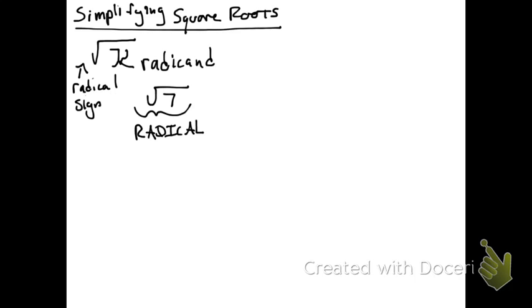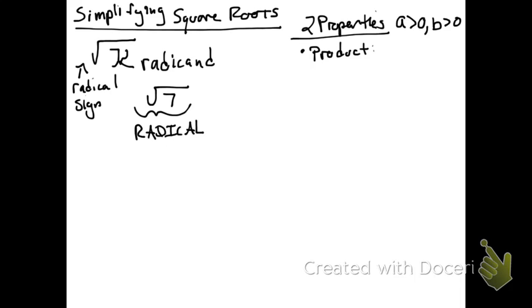Alright, now two properties that we're going to use are the following. So here they are. Now when we talk about these properties, we're assuming that the numbers inside the radicands are positive numbers. So A is bigger than 0 and B is bigger than 0. So these numbers cannot be 0, they cannot be negative. Otherwise these properties don't necessarily apply. The first one is the product property,